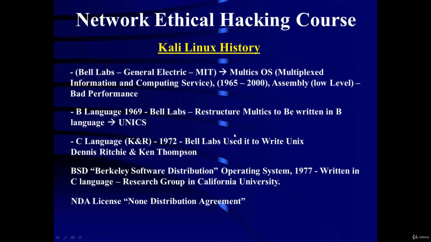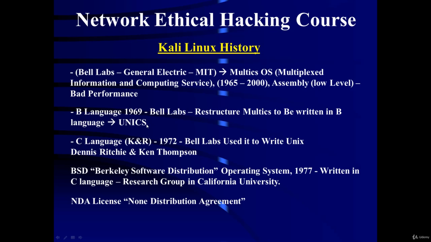After Multics, in 1969, the B language appeared. It was developed only by Bell Labs, who decided to develop a B language. B language started in 1969. It was a restructure of the Multics operating system, just to be written in B language instead of assembly language. They called it Unix. After that, in 1972, the C language appeared, and sometimes they call the C language K and